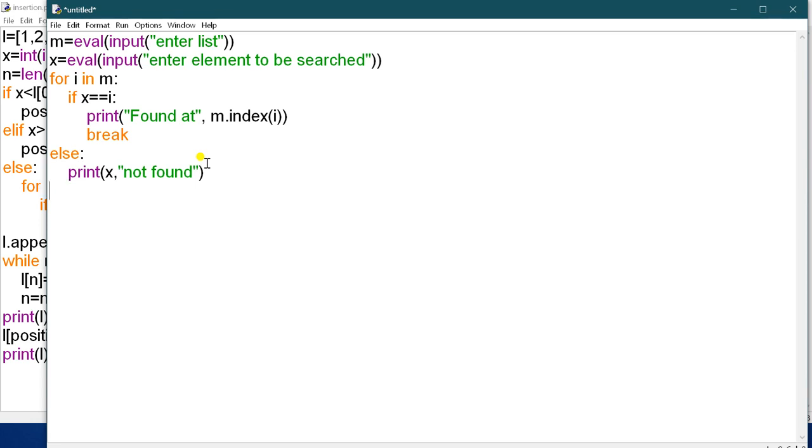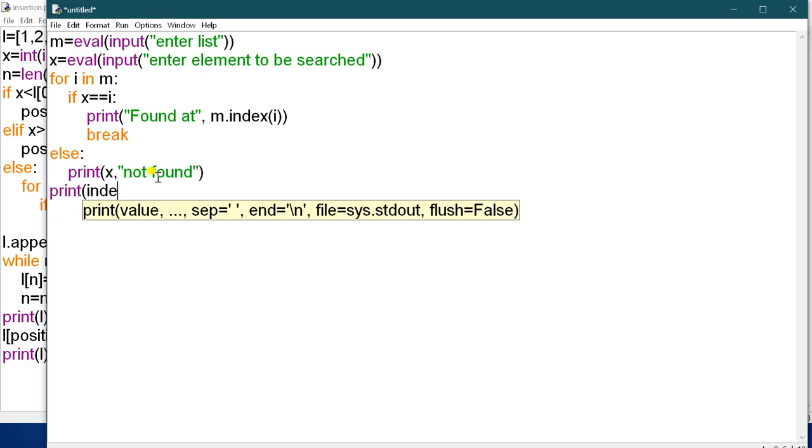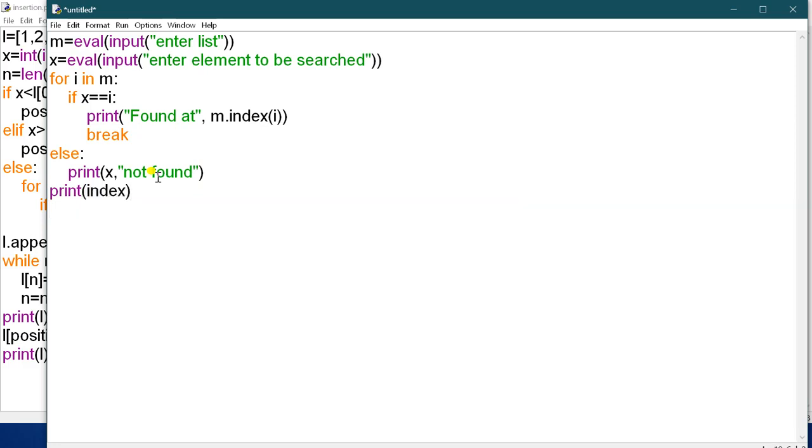Okay. So for deletion, you have the index now. So how will you delete? You have to print the index. That what is the index now? Now you have to ask the user, okay, which element should be deleted, so print the deleted item is, so what is the item?